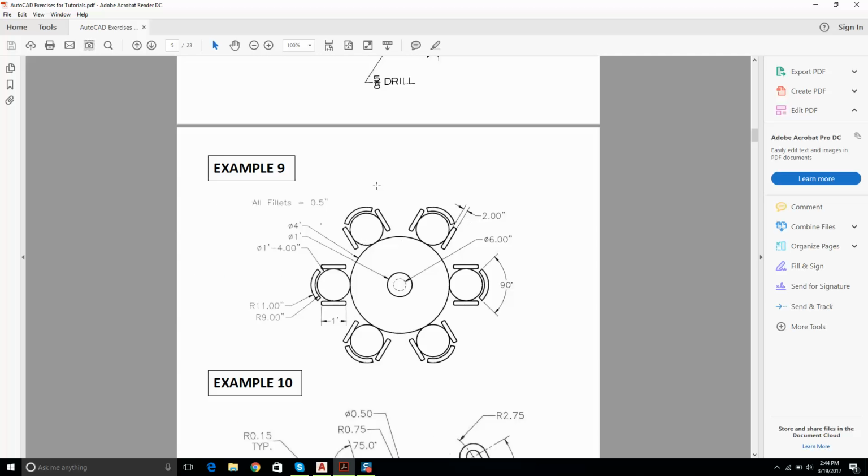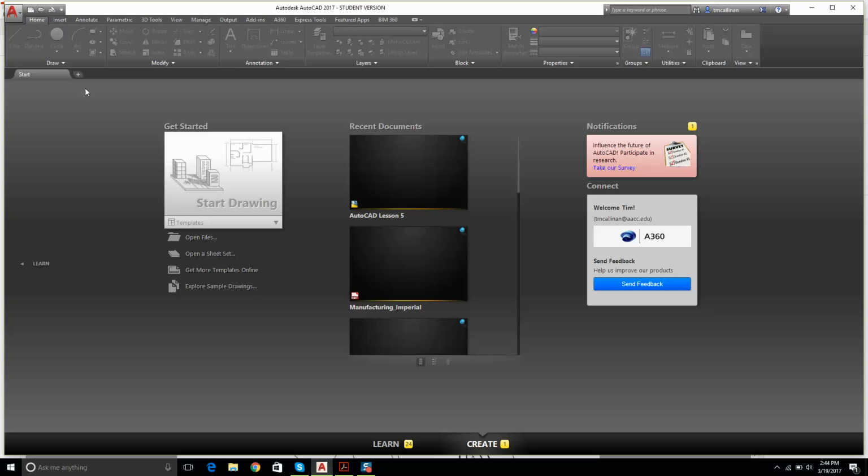I'm going to move on to this example here, number 9. We're going to draw the circle. I'm going to draw one complete chair, and then I'm going to polar or circular array this around this point. So let's just give this a lash. What's the first thing? 4 inches. I need a 4-inch and I need a 1-inch circle. Okay, so let's go new